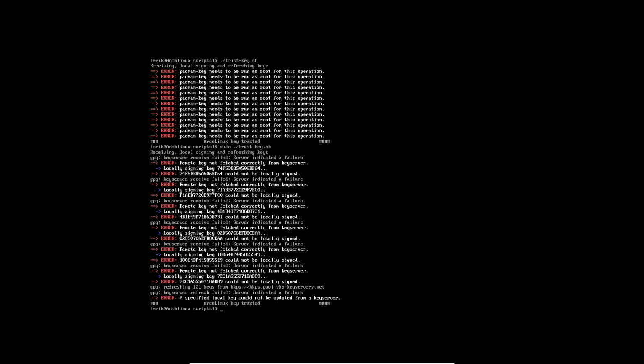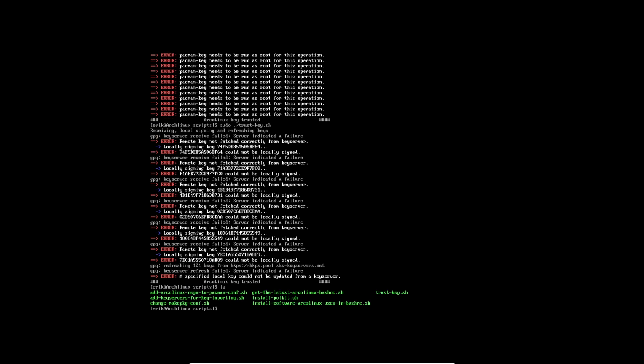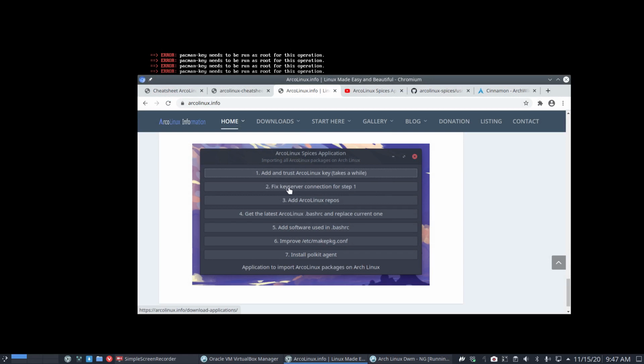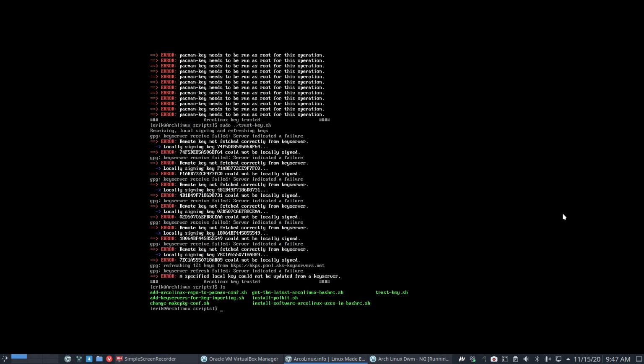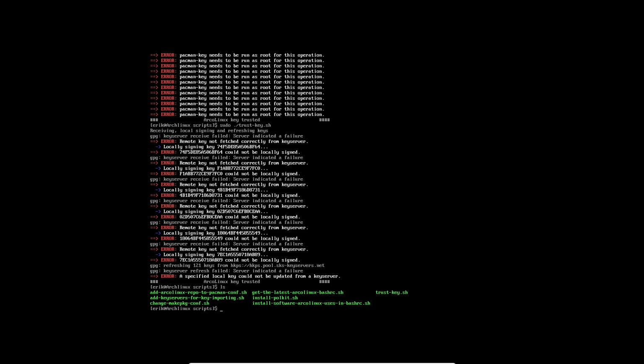And then we see all these errors. Now, this may not occur on your system. Cool, saved, right? But in Belgium, with the internet service providers we have, right, I need to do something. Add key service for key importing. So basically, that's number 2. Fix key server connection for step 1. So I tried this, didn't work. Gonna add something to my system for key servers, and I just helped somebody on Discord having the same issue. So add key servers for key importing,